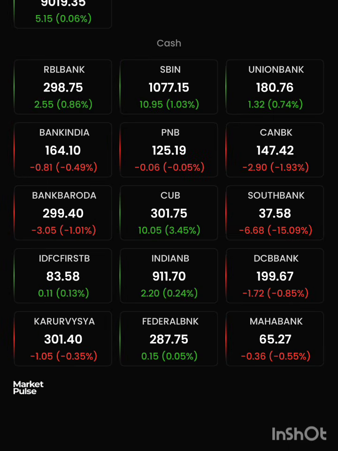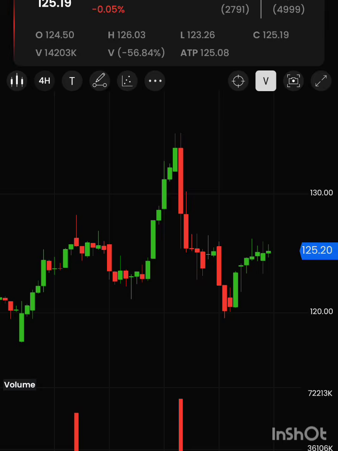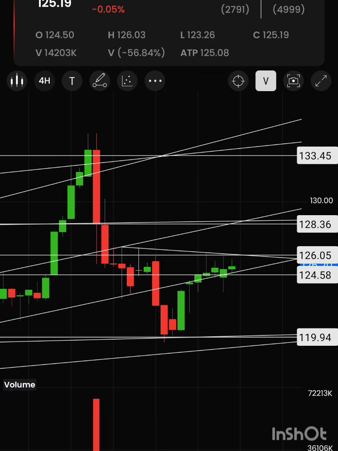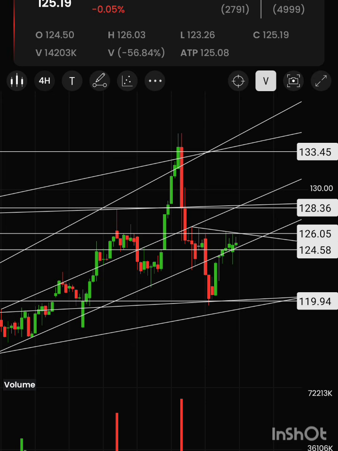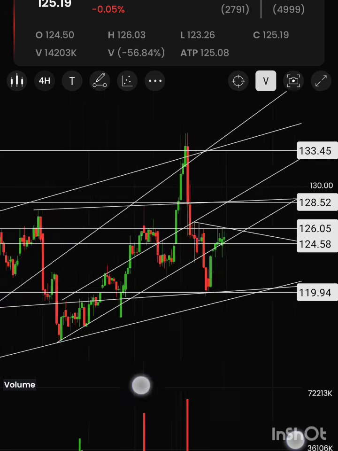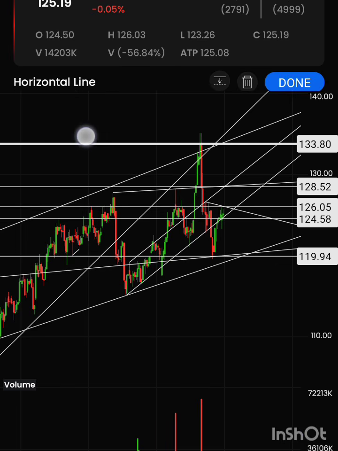Now let's check which one is the best one. PNB. Yeah, PNB is the next one. So PNB, here you can see we are having a very small pattern, and last time I mentioned that PNB, if you get a 120 range, you can buy this one for upside. And now 126.1 above, this can lead to 128 plus. So this can move towards here 128.4 and one, and above this we will have a very good upside here